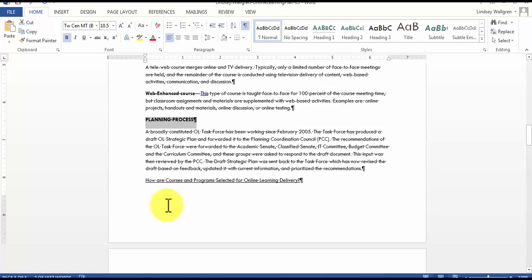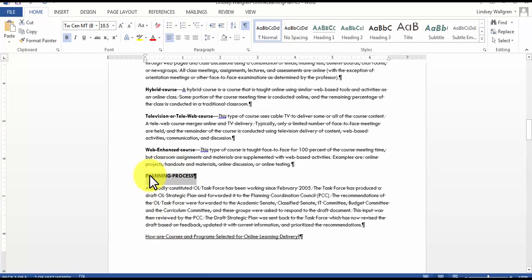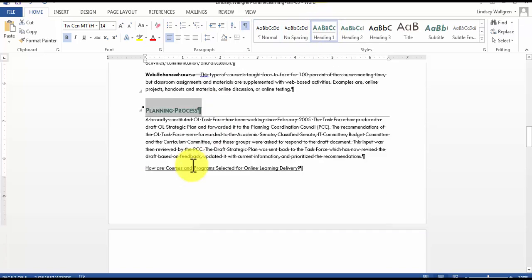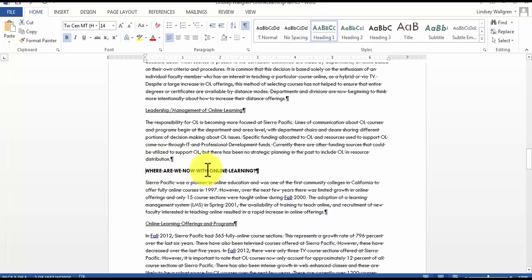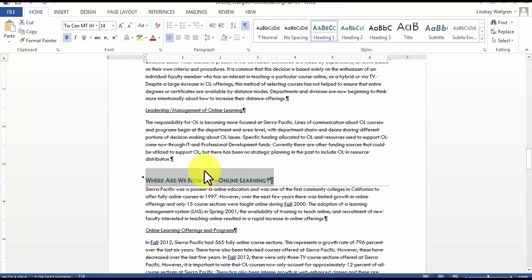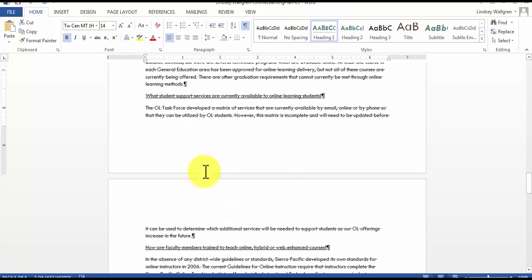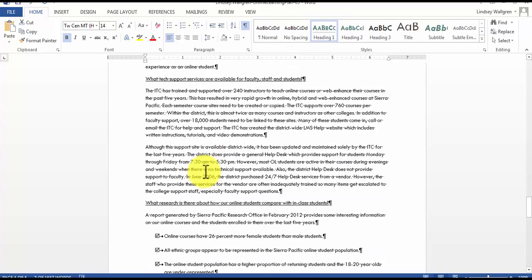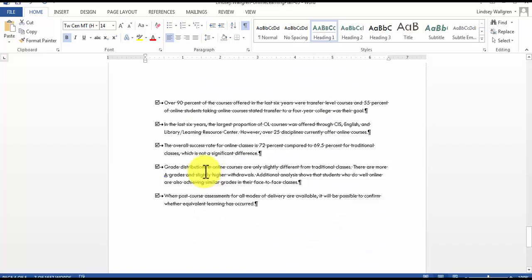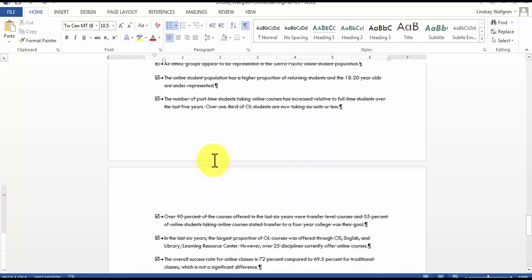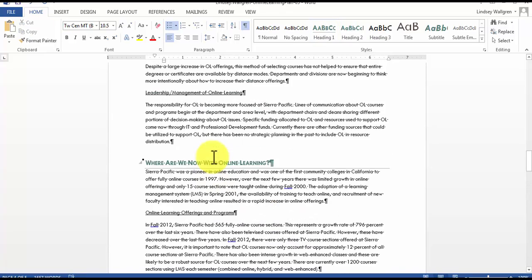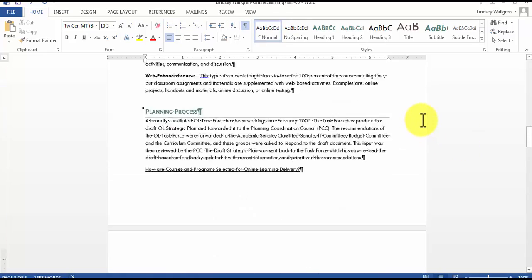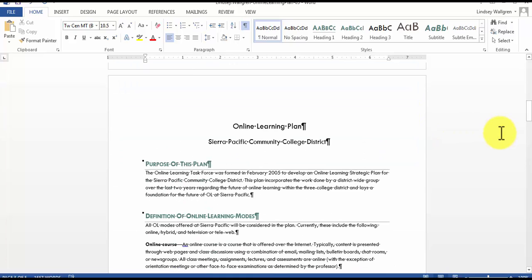I'm just going to make this easy and highlight it and click heading 1, and then go down to my next one. Highlight it and then click heading 1. And then I'm going to go down, find something that looks like caps and bold. Keep going. Is that it? Whoop, that's our last one. So where are we now with online learning with our last header? Okay, main heading, our last main heading 1. So that was step